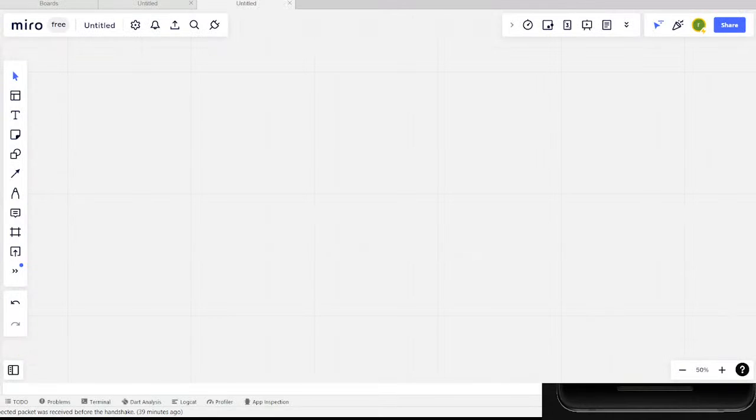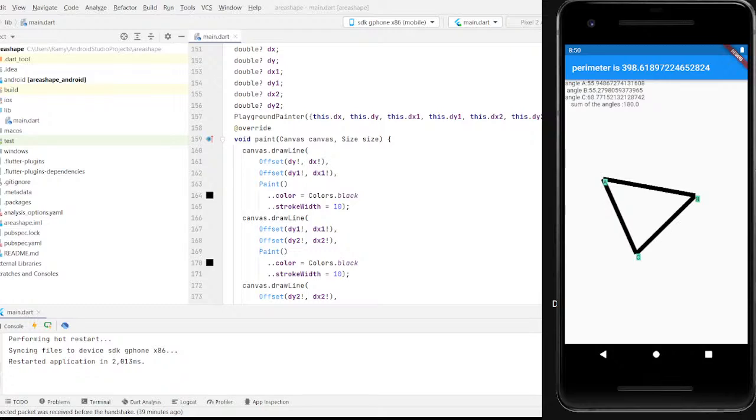Hello, everyone. Today we are going to talk about how to build a Flutter application on how to draw a triangle, and as you see, identifying its angle measures like this. Look, okay, this is angle A, this is angle B, this is angle C, and as you see, each angle